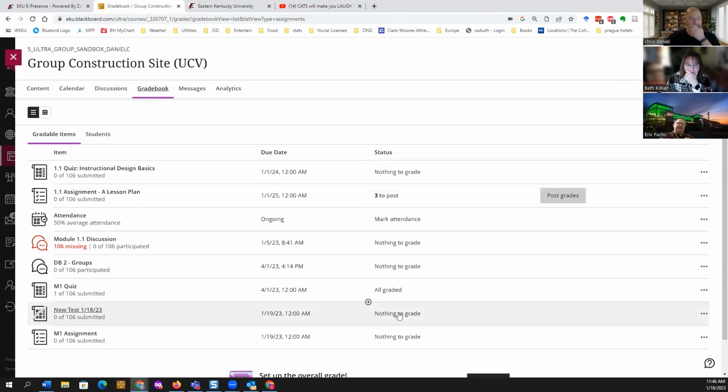Now, if you create something like the quick reading comprehension that they read before quizzes, and it's self-grading, is there a box you can check so it just posts? Those are automatic posts by default. Quiz types of assessments, quick quizzes, post automatically. But if you had a test with a long answer, or even a short answer, then you would have to post it. Okay.